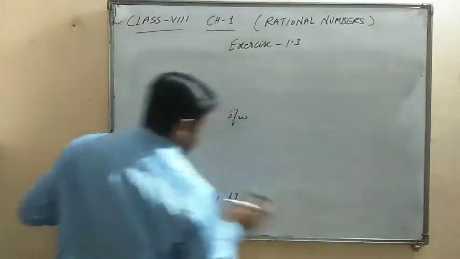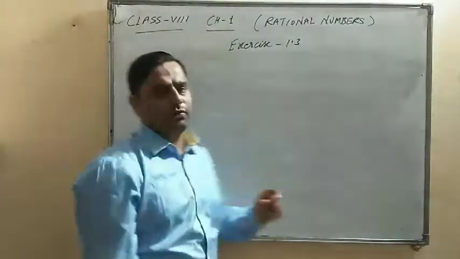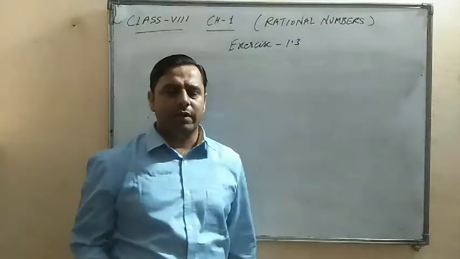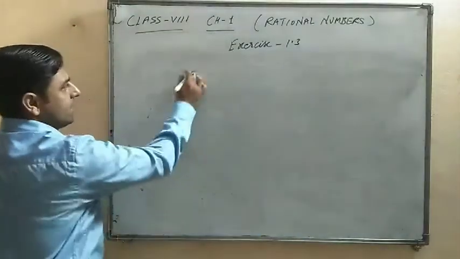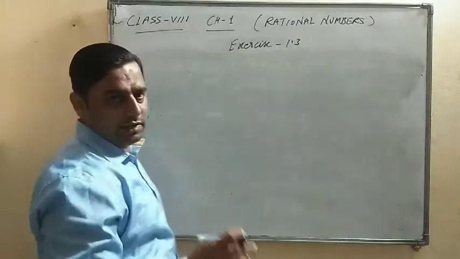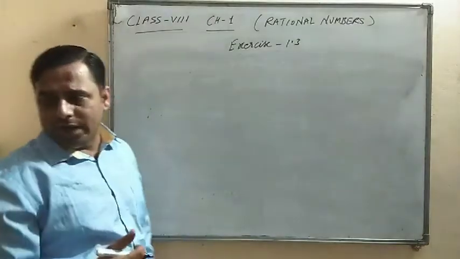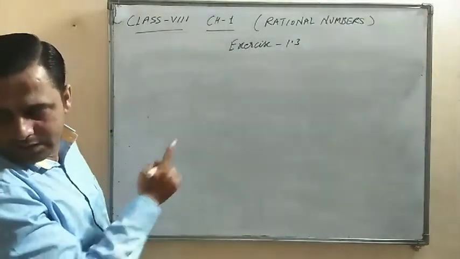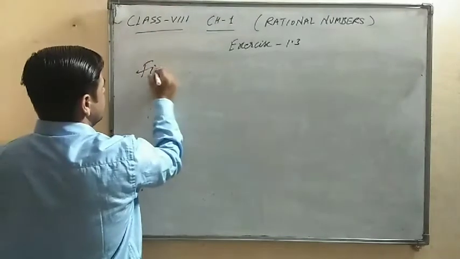With equivalent methods, with the help of denominator as the same, we can find so many rational numbers between two rational numbers. So now find 7 rational numbers